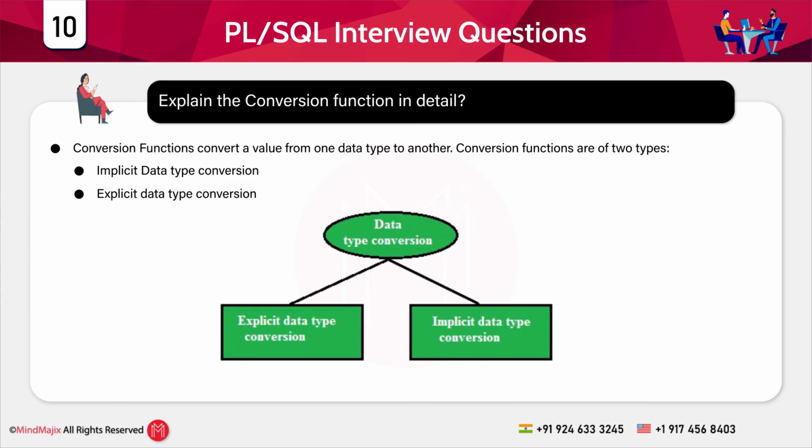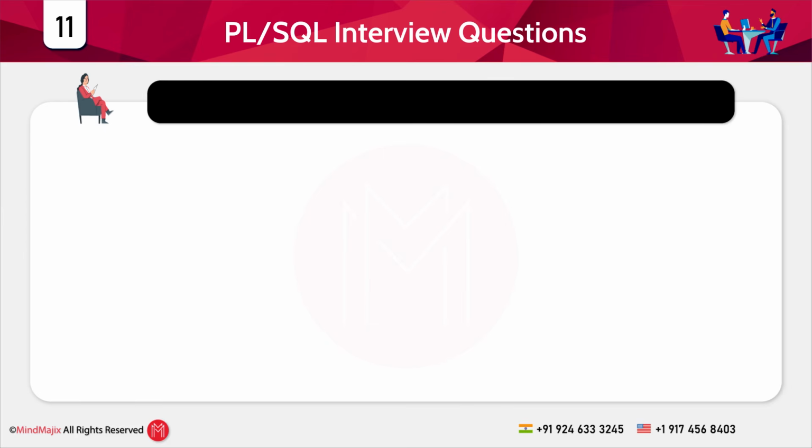The TO_NUMBER function is used to convert a character string to a number format. The TO_NUMBER function uses the fx modifier, which specifies the exact matching for the character argument and number format model of the TO_NUMBER function. After this, you have the TO_CHAR function, which is used to convert number or date data type to character format. The TO_DATE function is used to convert a character string to a date format.